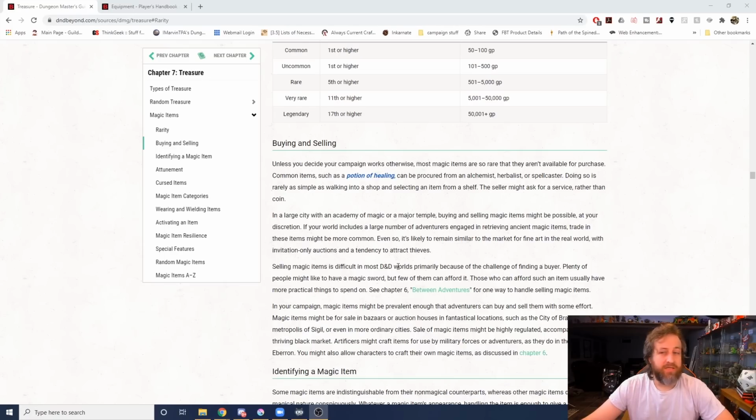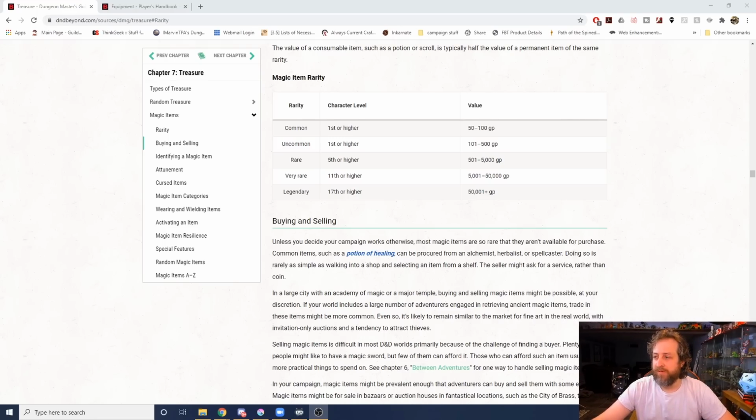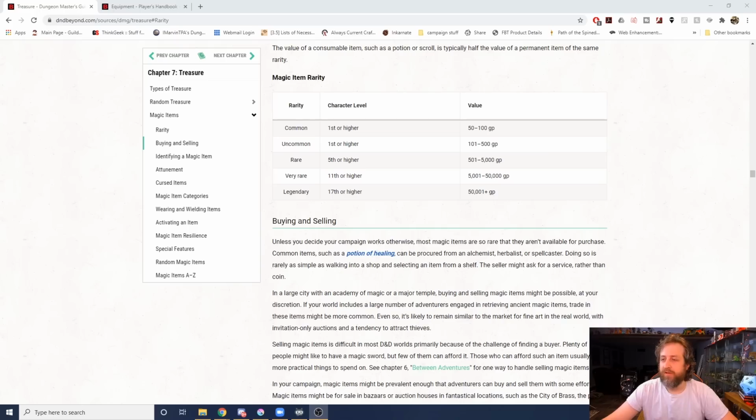So we're going to jump to Chapter 7. This is the treasure section of the Dungeon Master's Guide. And you can see right here, there are the random tables at the start of the chapter. And if I reduce my camera a little bit off to the side so we can see more of it, you can see there's a section on rarity and the really awful magic item selling options here, which are